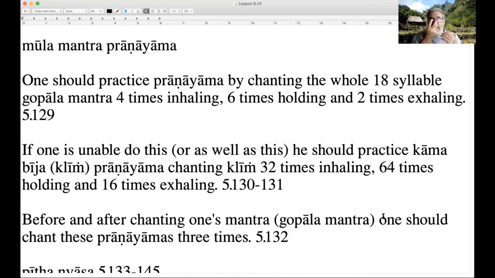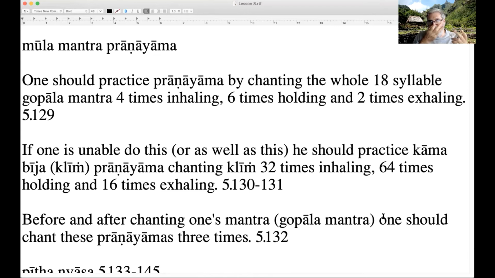We're going to first of all exhale. So when we exhale, we have to chant the whole Mula mantra twice while exhaling. So we would chant Klim Krishna Govinda Gopijana Vallabhaya Swaha, Klim Krishna Govinda Gopijana Vallabhaya Swaha in the mind. Then we hold with the thumb on the other side of the nose. And then we open the left side and we're going to breathe in through the left.